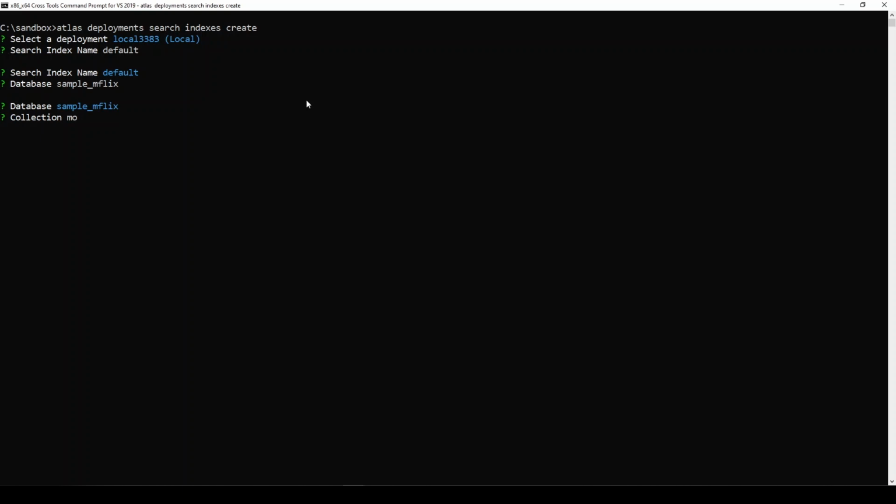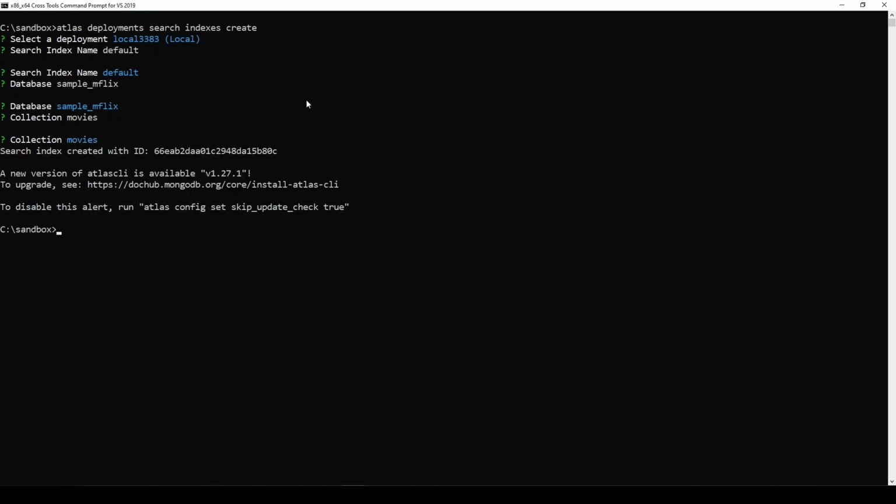So we're running a search on that movies collection. So it's gone away and created a dynamic index for me. So how do I know it's created a dynamic index? So what I can do is